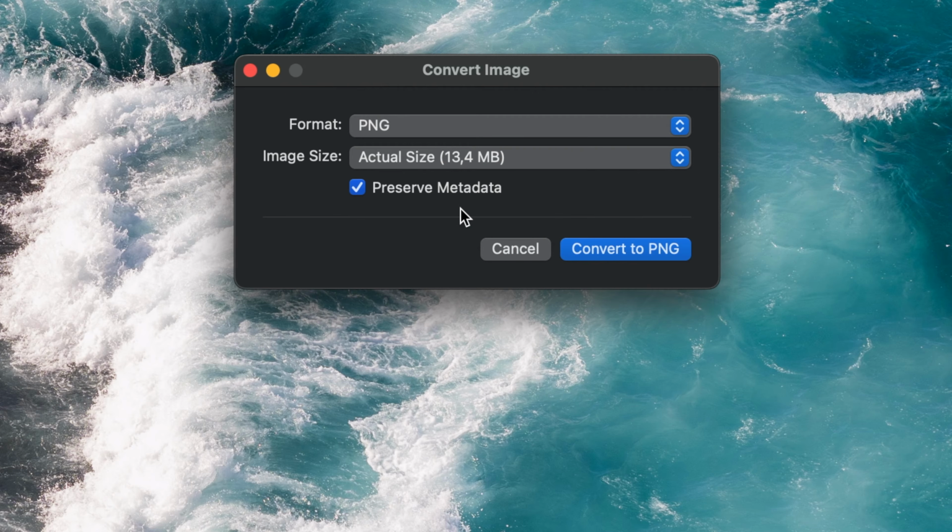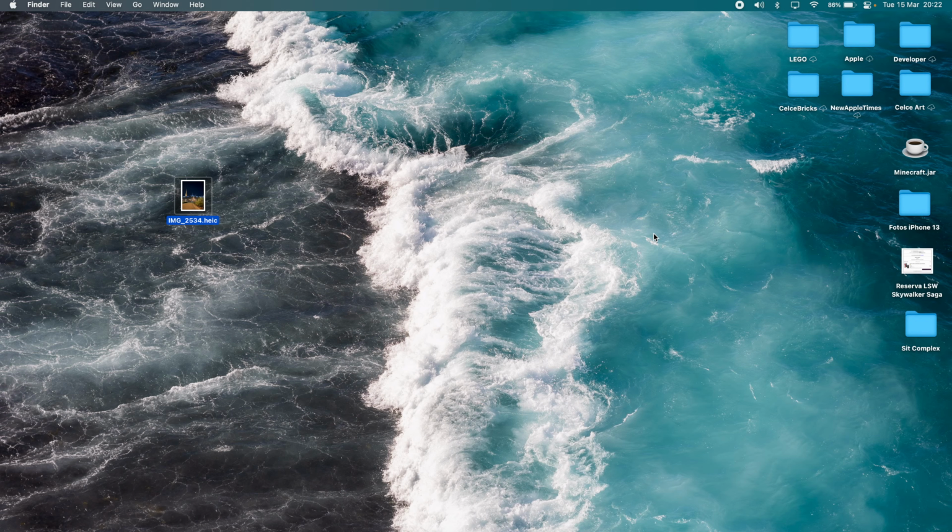We'll just say actual size. Then we do get asked if we want to preserve the metadata. I suggest this one. It will just preserve the location, the time it was shot, all of that data will be preserved. We'll just say convert to PNG,